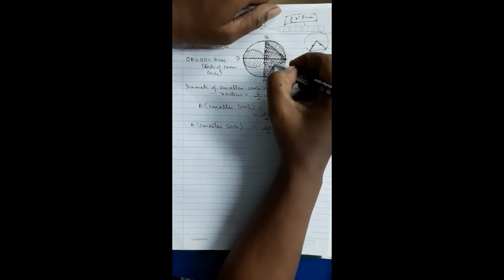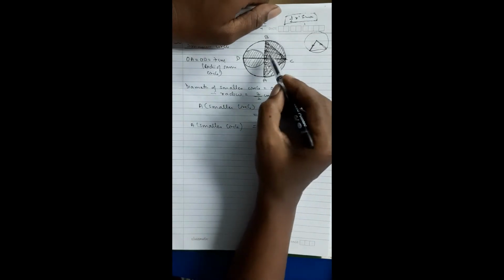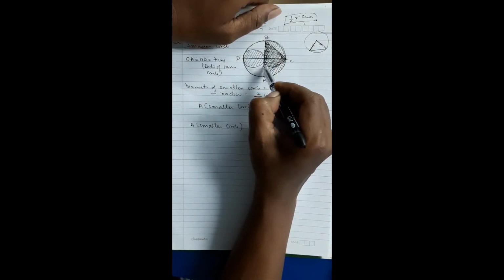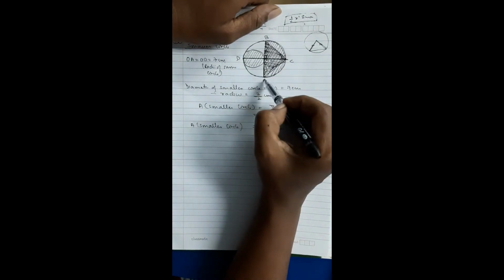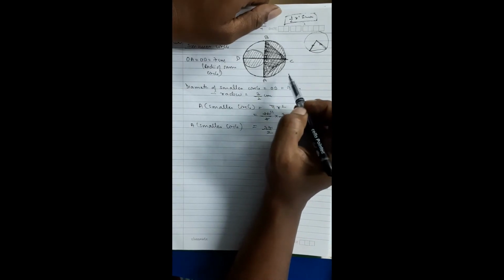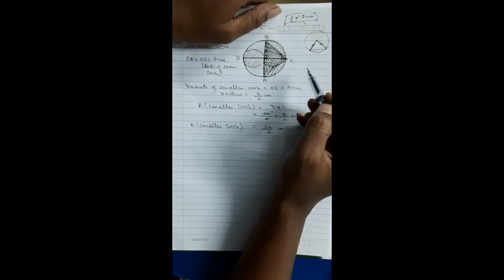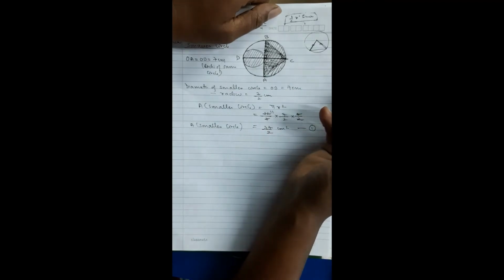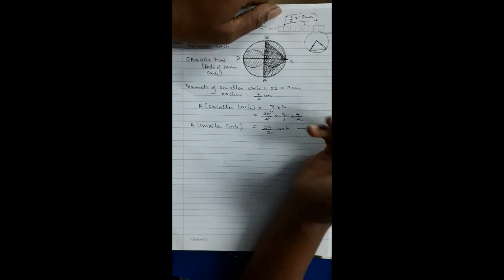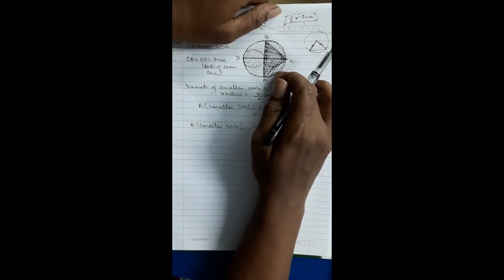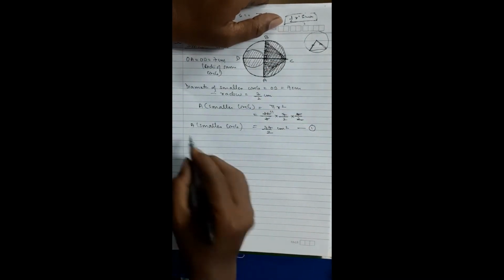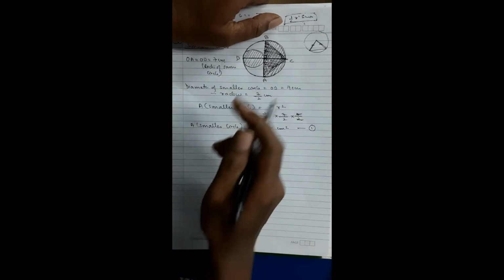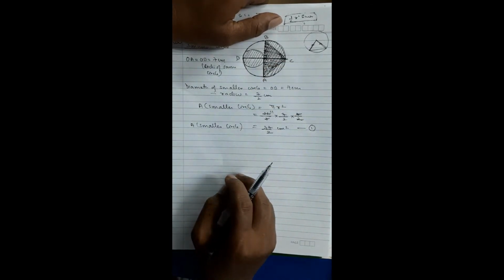So to find it now, half into base into height. Base is going to be AB and height is going to be OC because they are perpendicular, it is given. So base is AB, AB is the diameter, that will be double of OA, 14, and OC is the radius, that will be 7, half into base into height. So it is very simple, finding the area of the semicircle and finding the area of the triangle. Now this is the area of the smaller circle. Now we had to find the area of the shaded region.